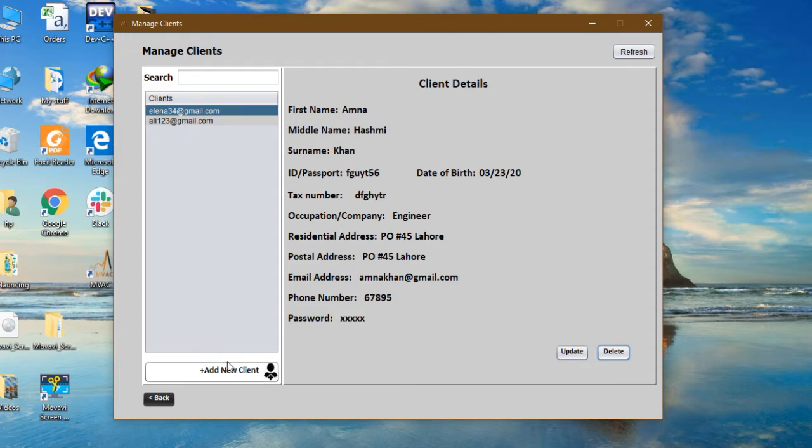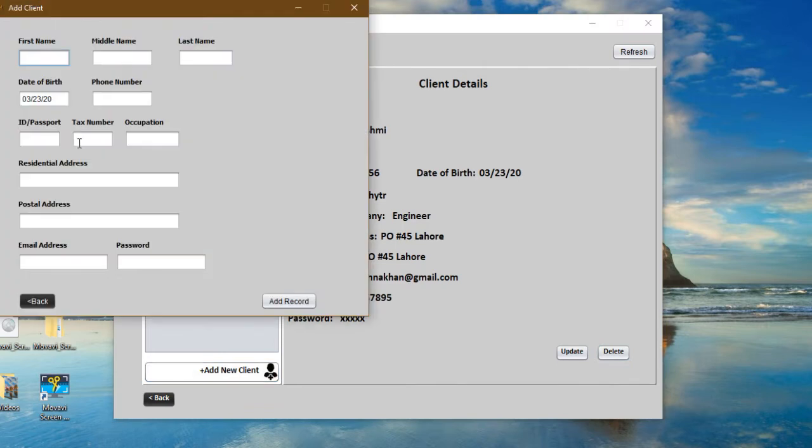If I want to add the detail of any new client, I will just go here. I will type any data, just like this. Type any random phone number, tax number and the occupation.